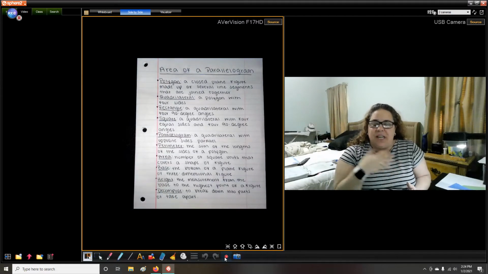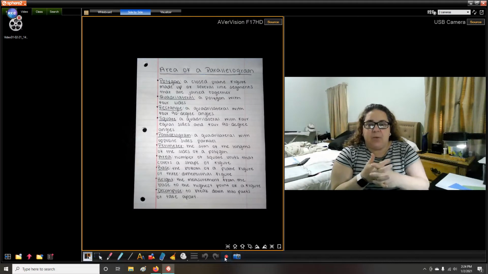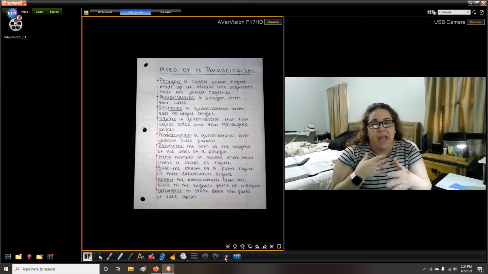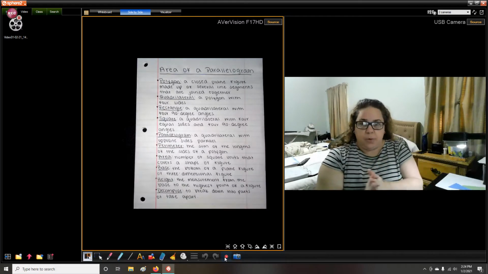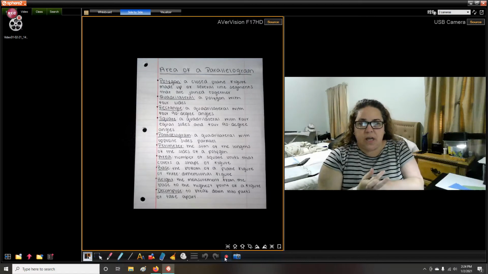Guys, so today we're going to start talking about area, and we start with parallelograms and area. Before we do that, we need to go over some vocabulary terms. Area is going to be pretty fun. You get to learn some formulas and shapes and stuff, but first we have to learn some of the